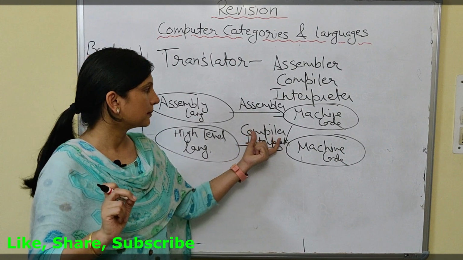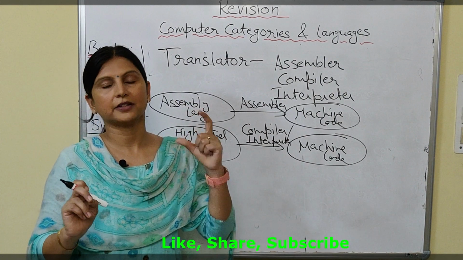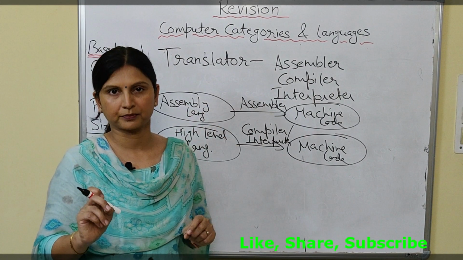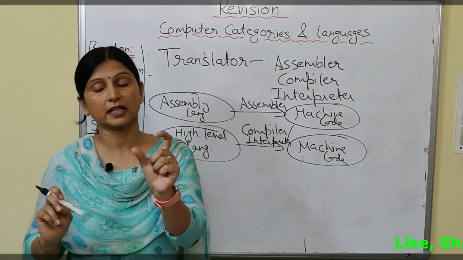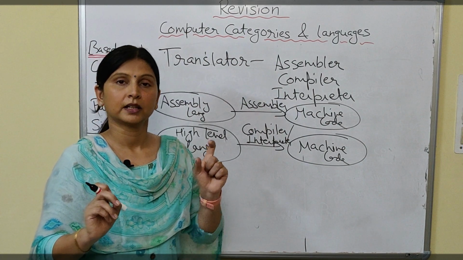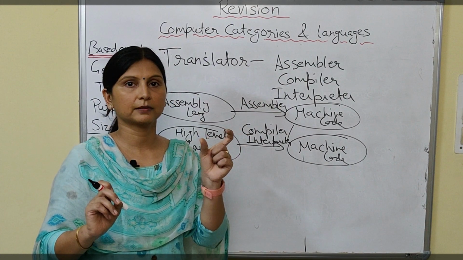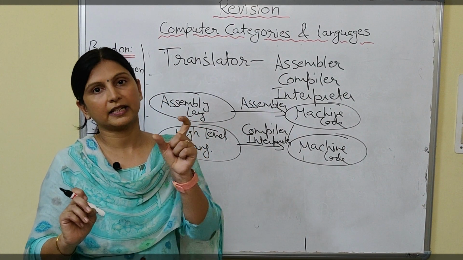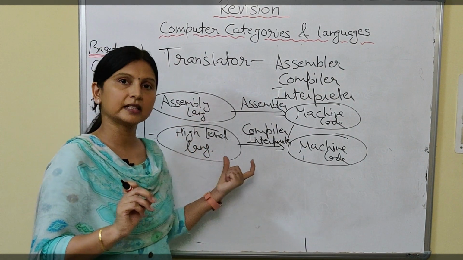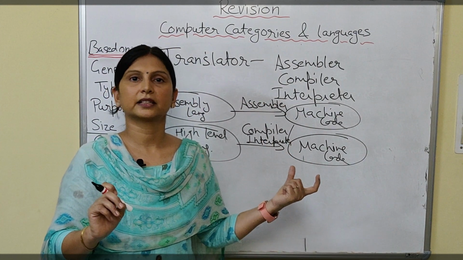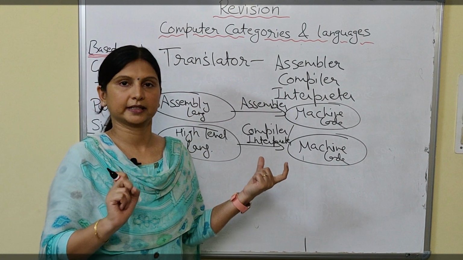The second difference is that a compiler shows the list of errors at once. It will read the whole program at once, and if errors are there, it will show you the list of errors. And what does an interpreter do? The interpreter first sees the first line. If any error is there, it will show one error at a time. Then when you rectify the error, only then will it come to the next line. Then it will read the second line, and if any error is there, show the error, and so on. So the compiler shows the list of errors, and the interpreter shows line by line errors, or we can say one error at a time.